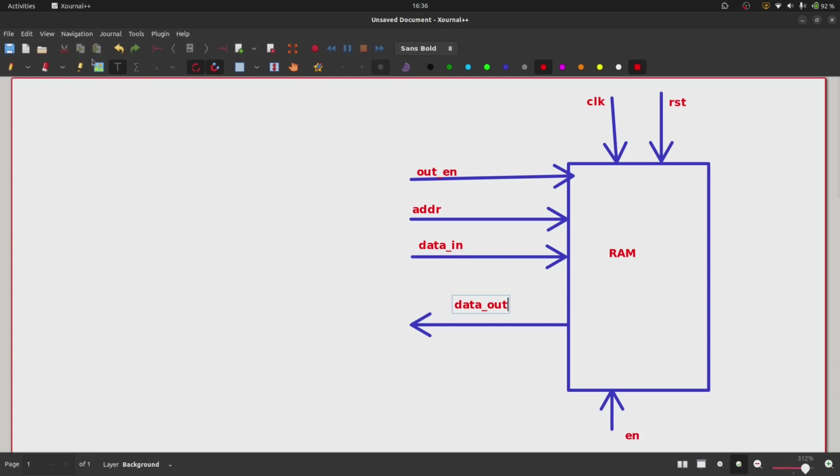One more signal should be there, because we need to tell what operation we are going to perform, whether it is a read operation or a write operation. So let's say one more signal name is write underscore read. First of all we need to develop the design of that RAM, right? And these signals will be part of your IOs. Okay,